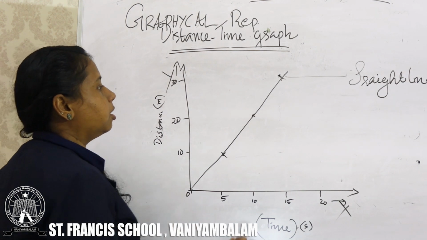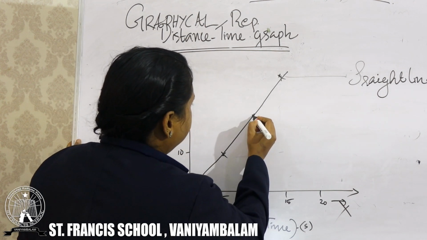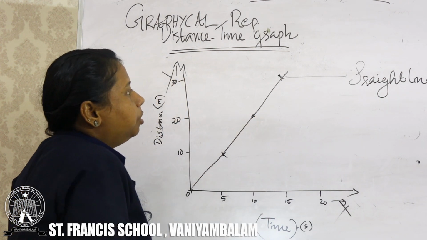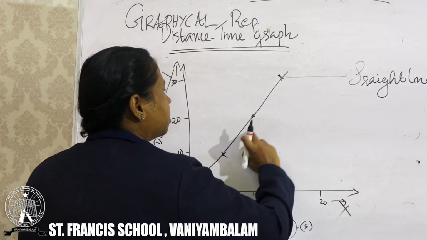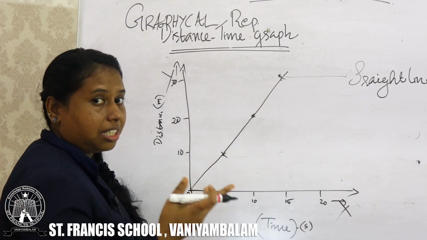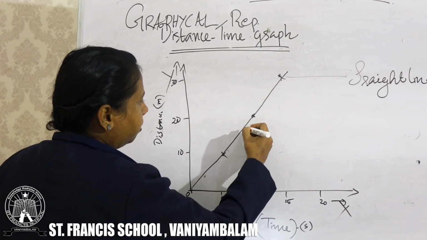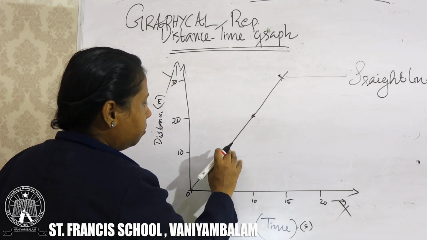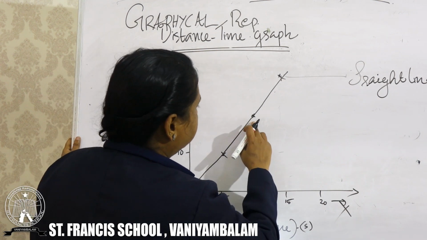Here we are just taking the slope. First of all, for finding that, you should select any 2 points from the straight line. Any 2 points. We can select here and here, or these two, whatever is up to you. We can select any 2 points from the graph, and after that we want to